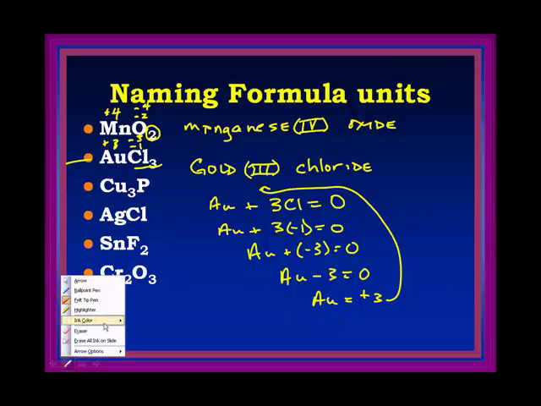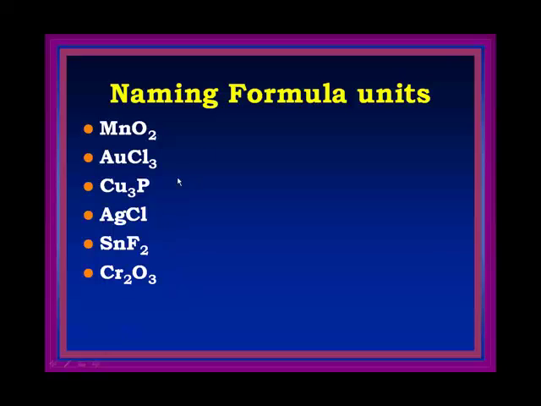Cu3P. Okay, so Cu3P. I know this is copper. It's a transition metal, so I'm going to need some Roman numeral. And then phosphide is the name of the second word. Okay, so let's do the mathematical way. How many coppers do I have? I have 3